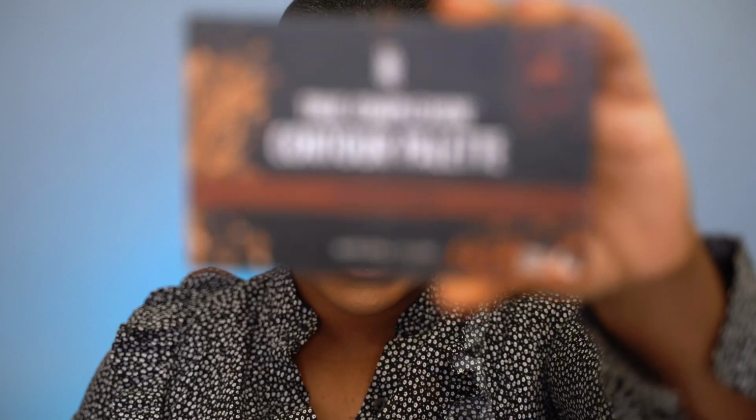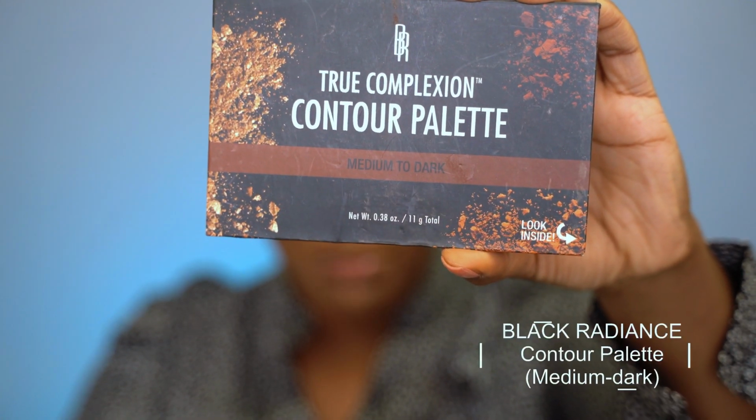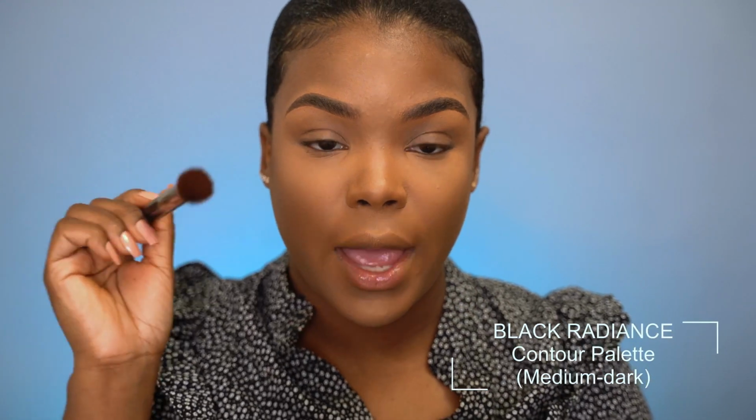So now we're gonna bring some dimension back to our face. We're looking a little flat. So what we're gonna do is take this True Complexion Contour Palette in the shade Medium to Dark by Black Radiance. After you get your product on your brush, very, very lightly tap off the excess if you can, and very lightly you want to start to blend that